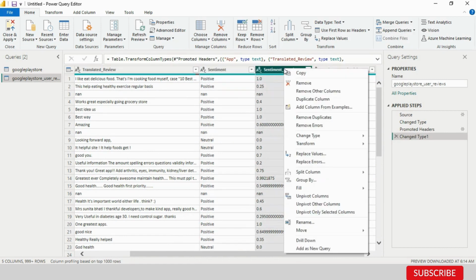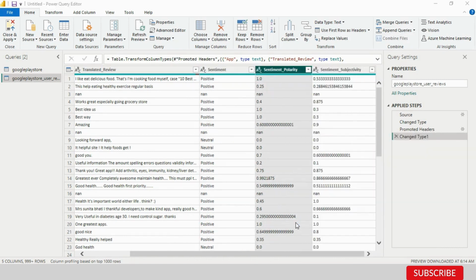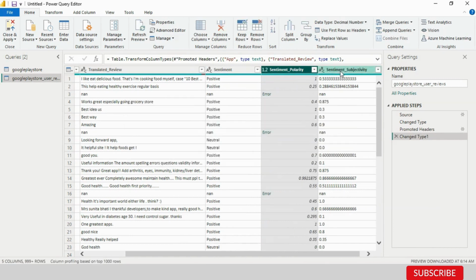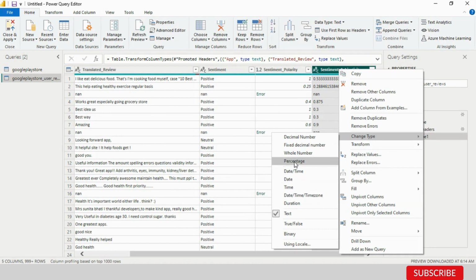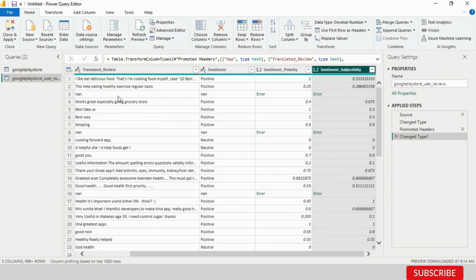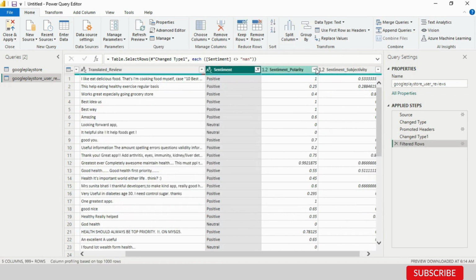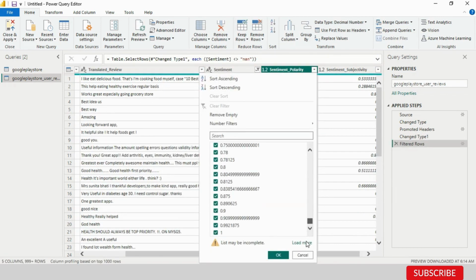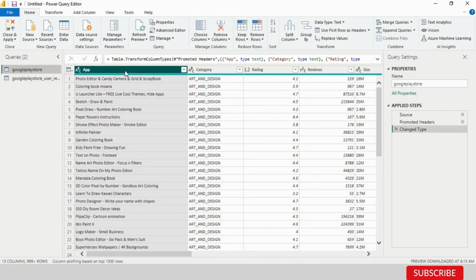Now you can see in sentiment polarity, I'm changing its data type into decimal numbers, and the values which are not decimal numbers, like English alphabets, become errors. But now I'm removing the NaN values, because we did not define what NaN is in these values. So I'm removing this NaN from this column, and now I'm looking at the data types of the Google Play Store analysis table